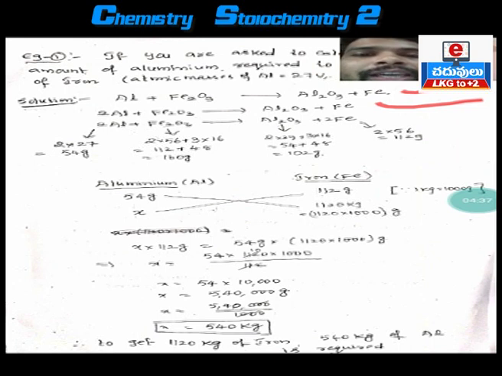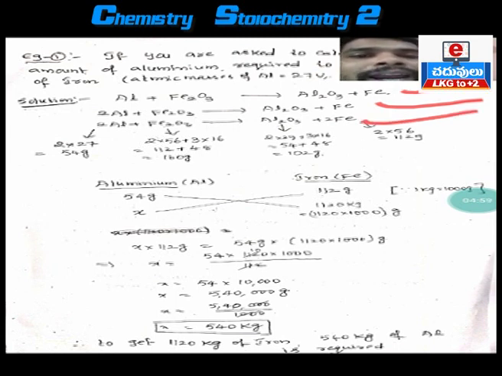Aluminiums are equal. Now coming to iron. On the left side we have 2 irons, on the right side we have only 1 iron. So we need to balance iron on the right hand side. So how will you balance iron? When you add number 2 before iron, then iron will be balanced on both sides. Okay, add number 2 before iron.